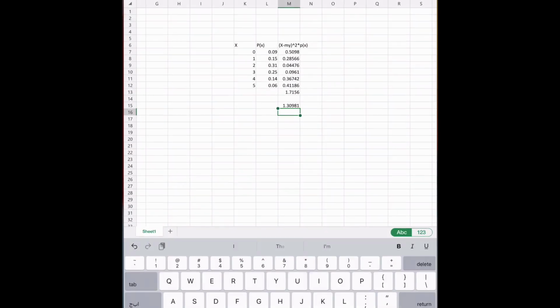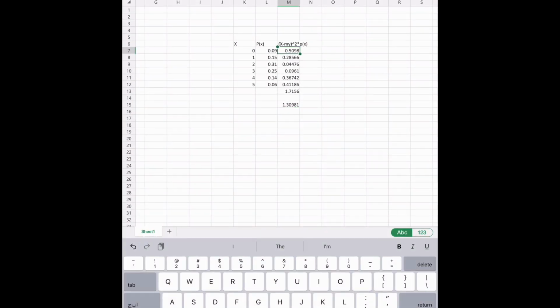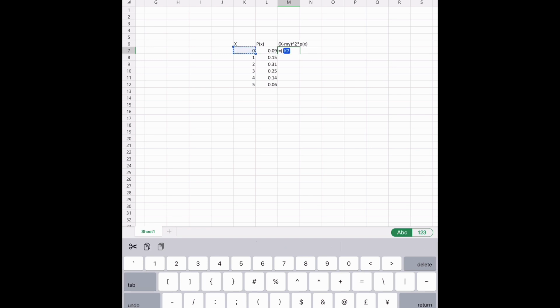So on Excel, it's going to look something like this. So let me just erase what I did here. So we have that table ready. Now I'm going to do that step. So that step starts with, you're going to say equal sign. So you're going to say equal, and then open parentheses. And then you're going to click on the first cell that has x minus